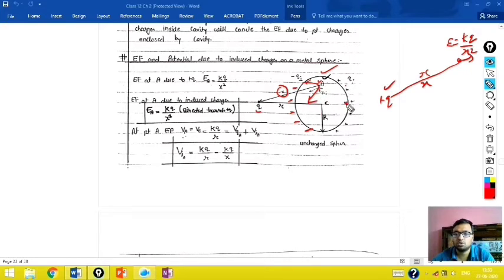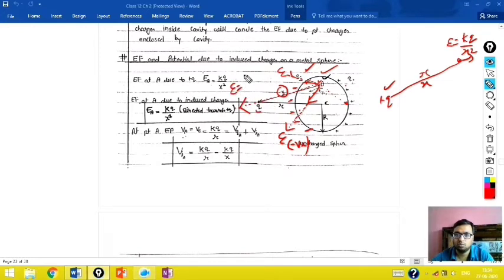Okay, suppose this plus q charge will generate an electric field in this direction. This is E1 due to the plus q charge, away from the positive charge. And from the center, we can consider this is the approximate direction of the electric field due to the negative charge. So overall, their average should be in the direction of this line.